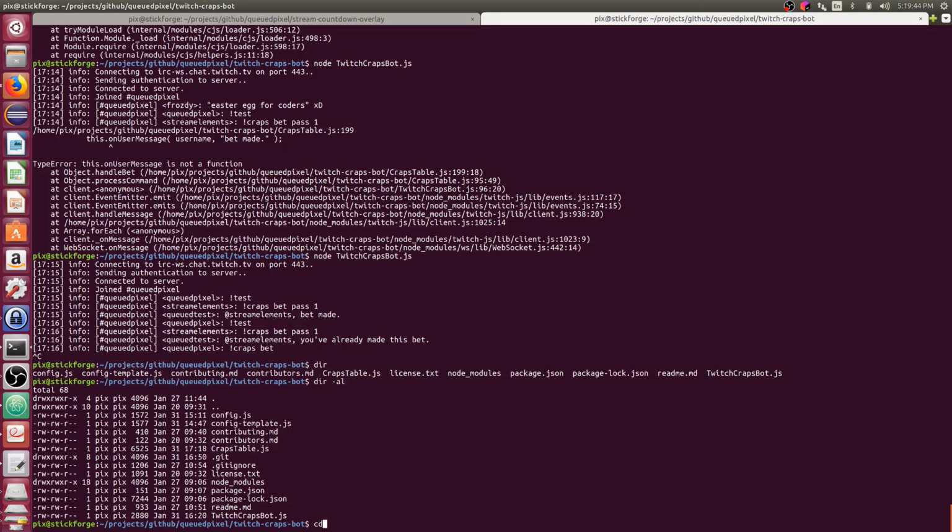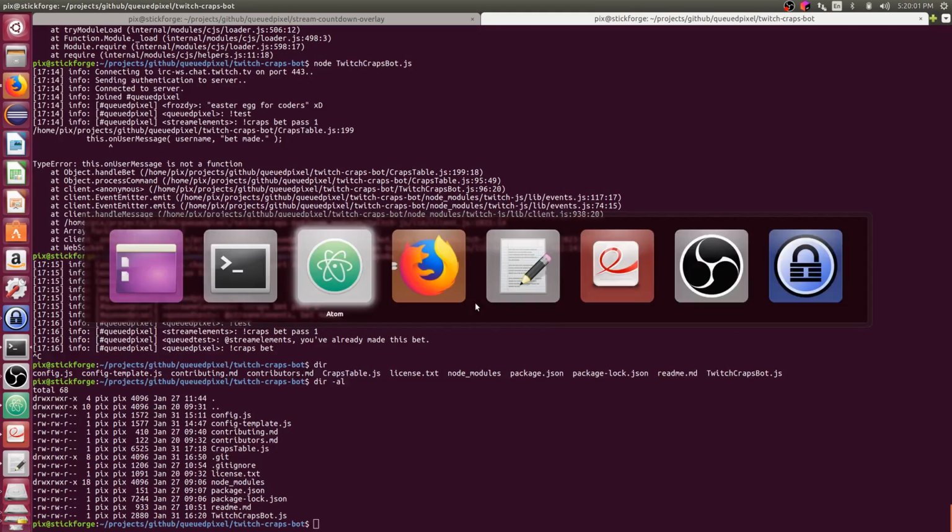cd works just like it does on Windows, with the exception that you use slash rather than backslash for delimiters. But start small and work your way up for anything you've got to learn. And I think for the most part you can avoid the console if you want to.